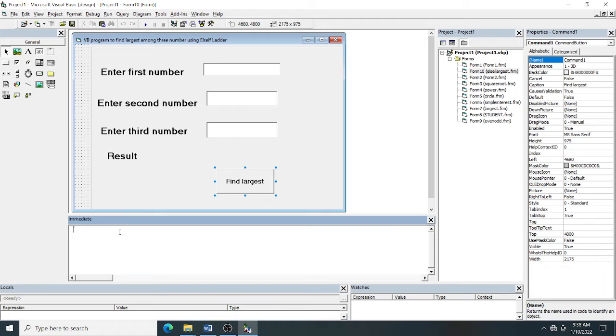We have to do the analysis. Suppose you take A equal to 98, B equal to 80, and C equal to 100. Now I have taken 3 numbers and I have to find the greatest, or largest, among these 3 numbers. Obviously, I can see the largest number is C, but how will the program analyze it? First I will check whether A is greater than B or not. Obviously 98 is greater than 80, true or false? So this is true.